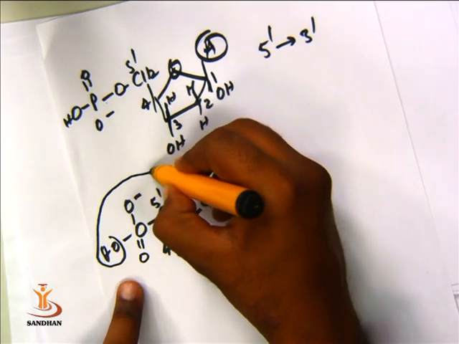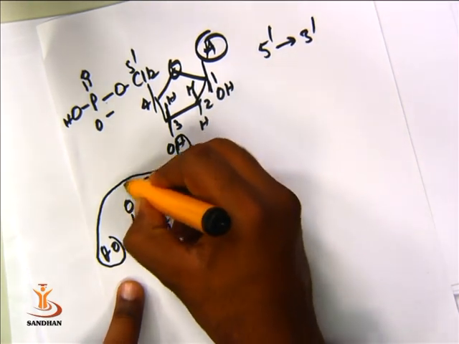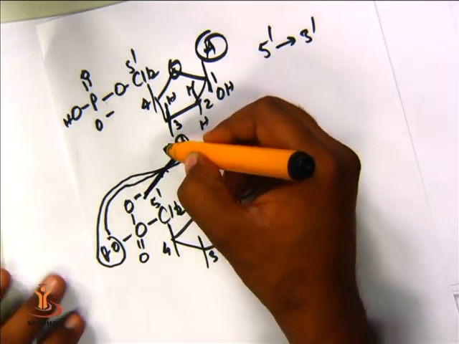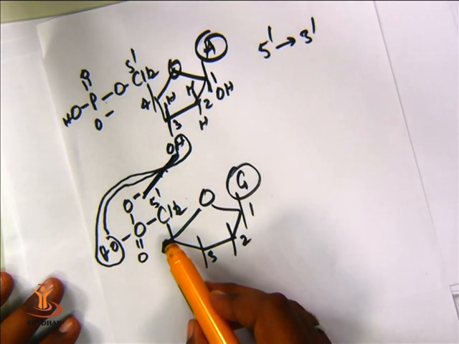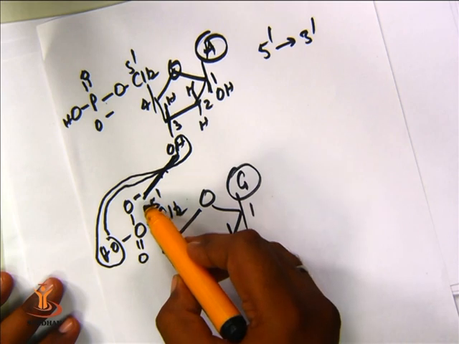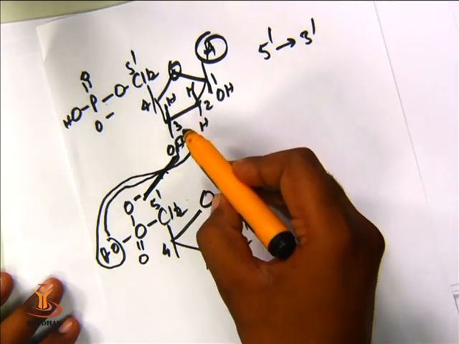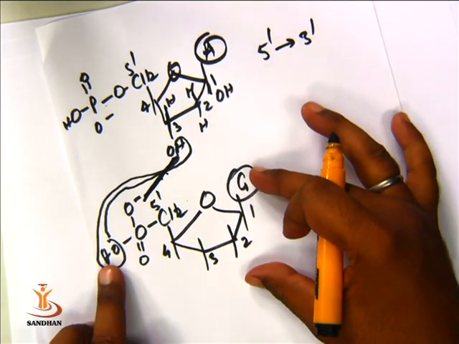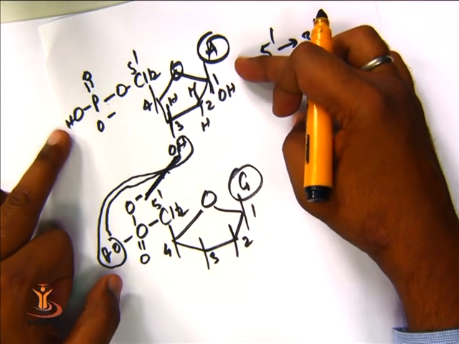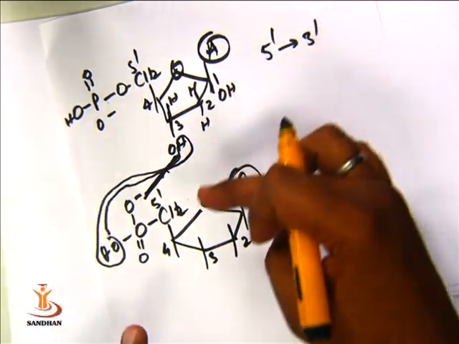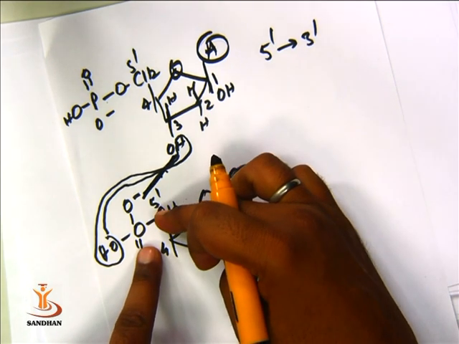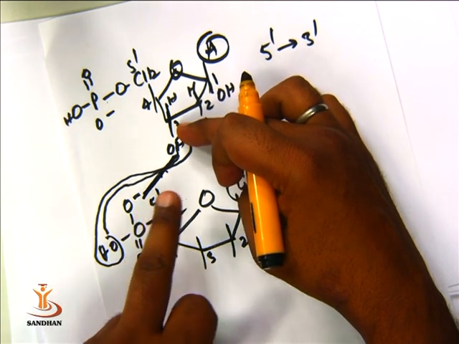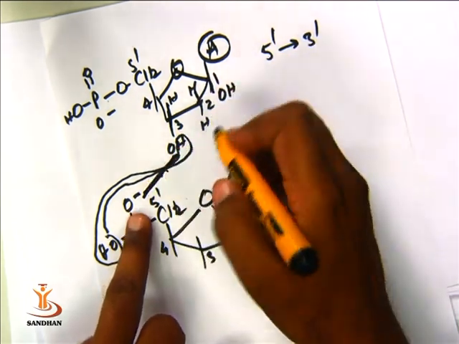The H group is removed, and this O will make a bond with the third carbon oxygen. So this phosphoric acid attached with another nucleotide will make a bond with the third carbon of the different nucleotides. So this one is a nucleotide guanosine monophosphate, and this is a nucleotide adenosine monophosphate. So the fifth carbon of the guanosine monophosphate will bind to the third carbon of the adenosine monophosphate, and here